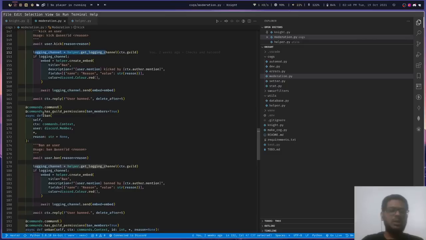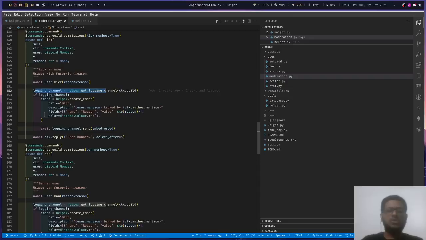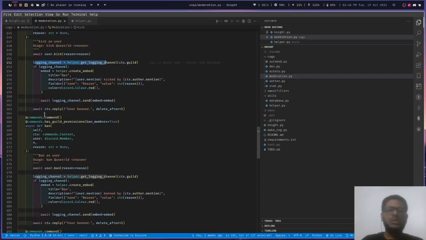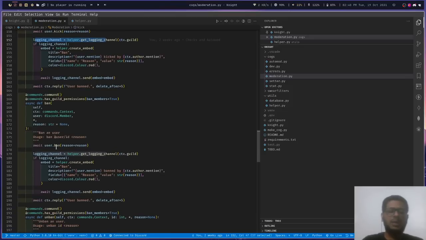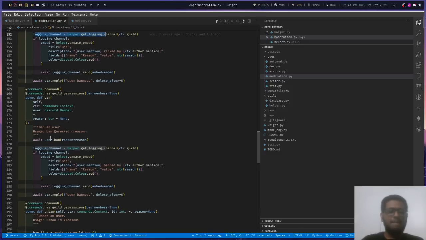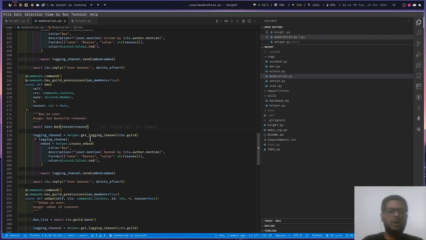Here is the ban command. The ban command works the same way as the kick command, but the only difference is if a user is kicked, the user can return back to the server anytime they want, but if a user is banned, they cannot return to the server unless they are unbanned. So it's like the ban command is a strict kick command. For that too, we have a library functionality called ban with a provided reason argument.